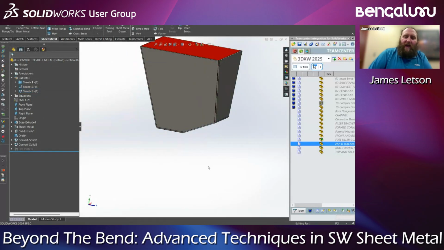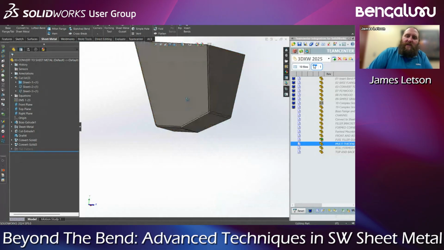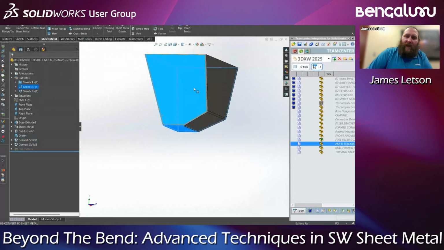So the idea of that is if you have a very complex shape that you need to make a sheet metal part out of, you can keep body and then make each individual part. And then what you would do is save this part as its own part, and then you can assemble it in an assembly later on. Okay, so that is